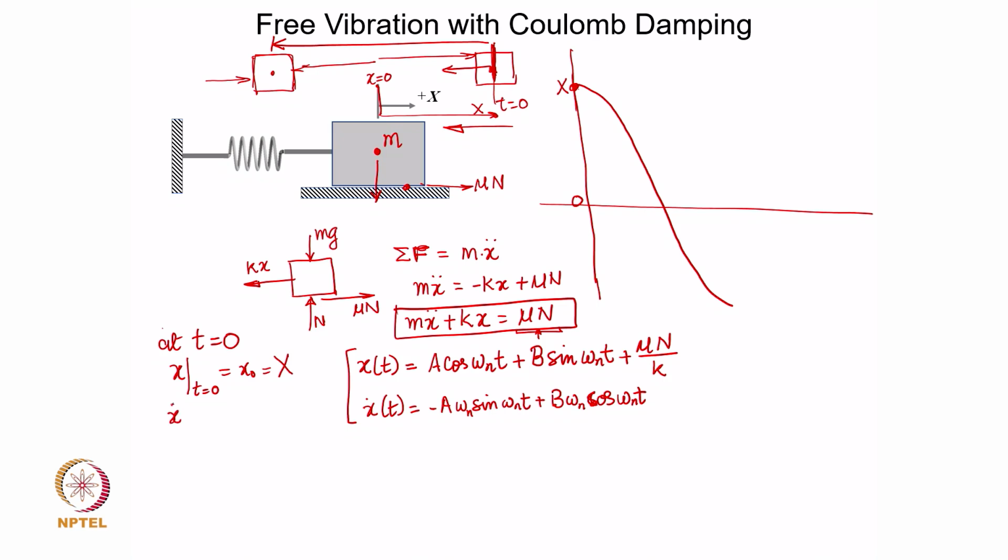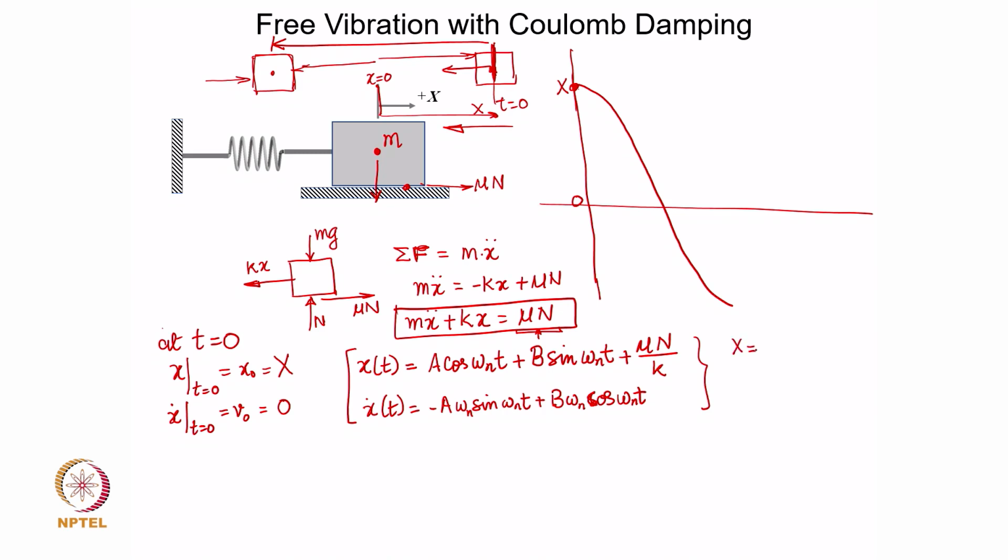And obviously, x dot at t is equal to 0, which we typically write as v naught, is 0 in this case, because we have simply stretched it to capital X and just released it to slide, okay, oscillate. So, initial velocity was not imparted. So, v naught is 0, which actually means from these two expressions